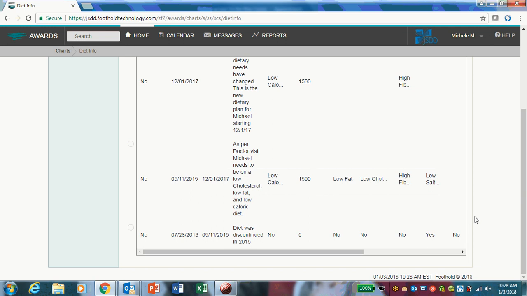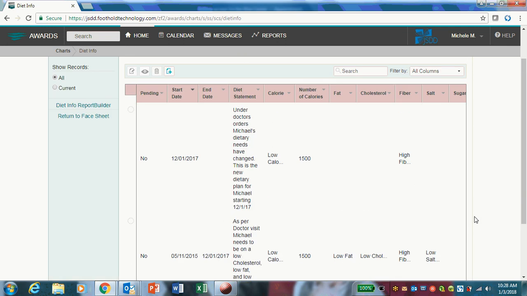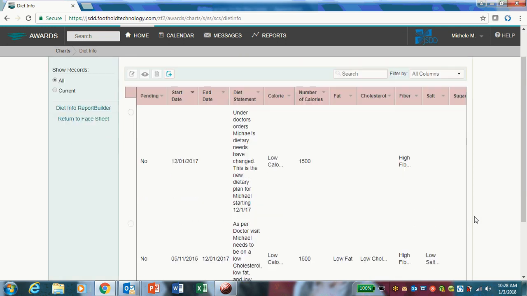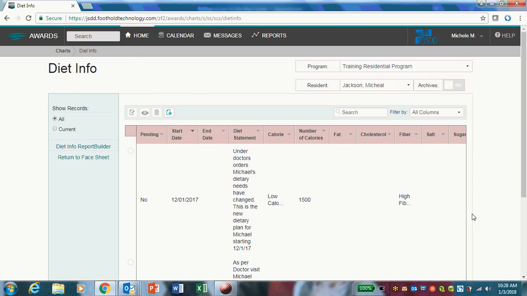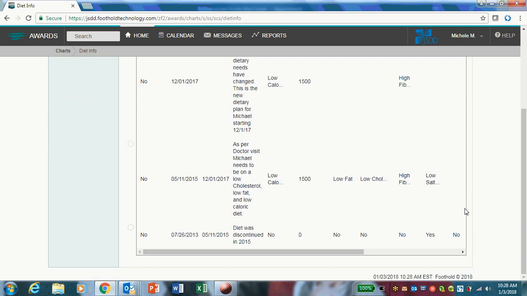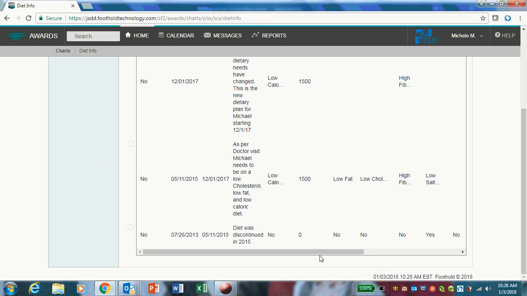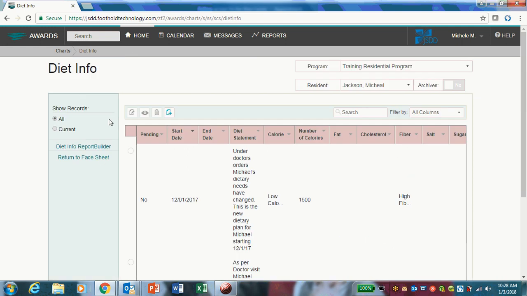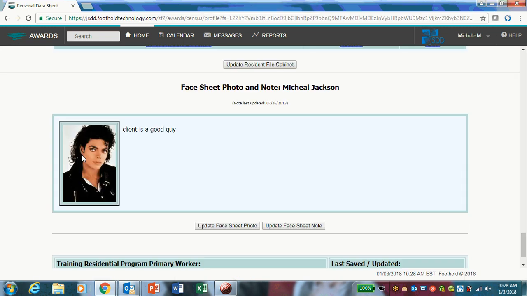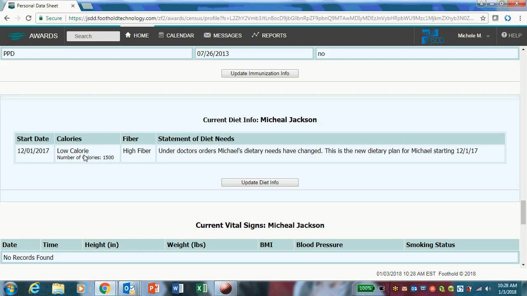Okay, so this is a good way of looking at all that historical data. It's really important that if you want to look at the older stuff, you go through and read it all. This is the easiest way to find it. And also, as far as the face sheet is concerned, it's always important that the most current one is there